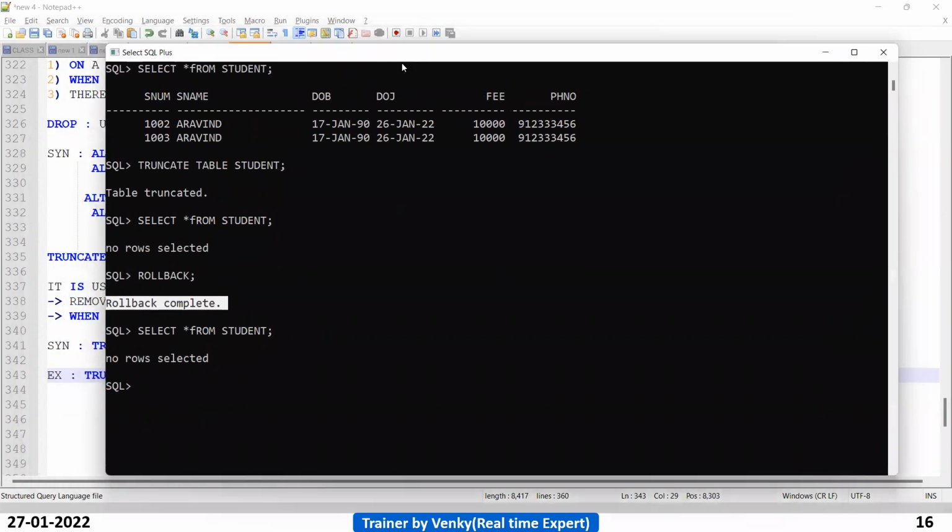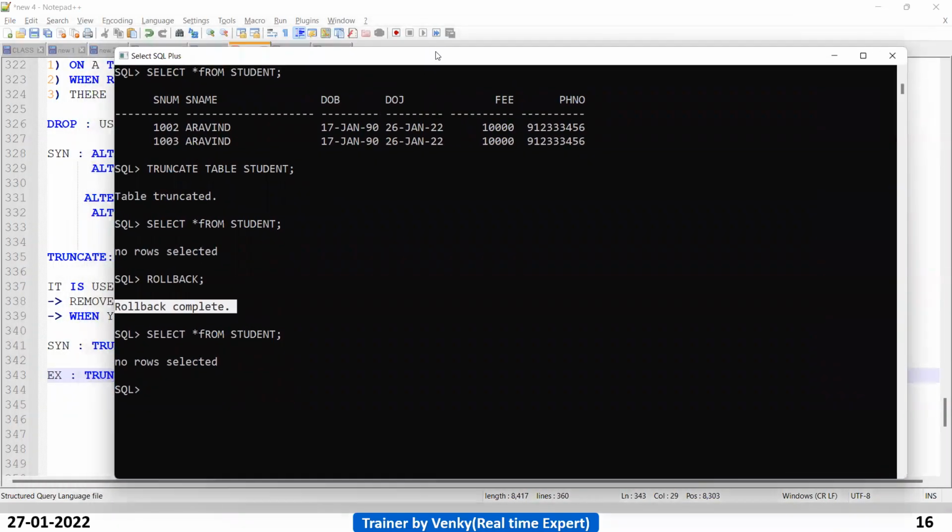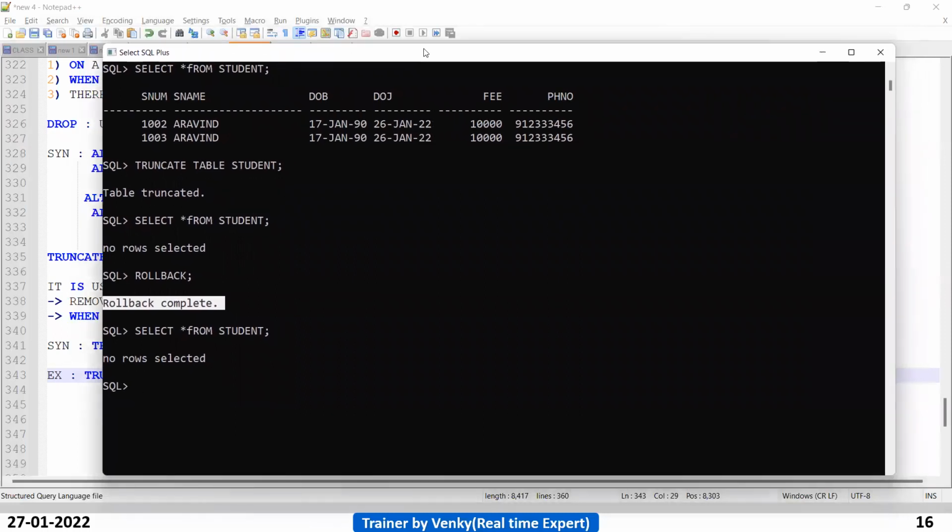So Oracle server automatically committed the data. You need not provide commit explicitly. Automatically Oracle server, compiler, SQL buffer or anything, it will commit the data automatically.